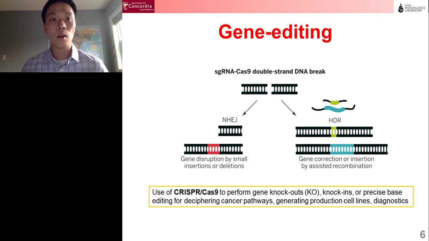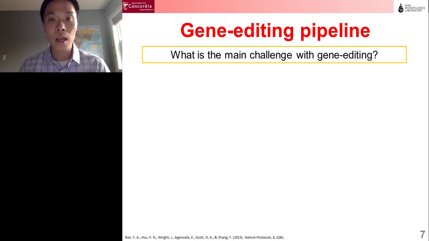And with this whole system of CRISPR-Cas, you can now use these methods to perform gene knockouts, knock-ins, and precise base editing for a number of different applications, like diagnostics, which is very popular, generating or producing different cell lines, and also deciphering different pathways like cancer. But gene editing has taken off so quickly, so what is the main challenge that we have with gene editing? Now, I would say to explain this, I want to first go through the process of gene